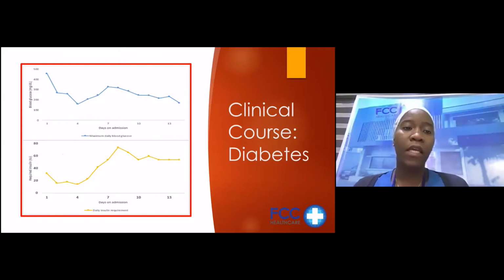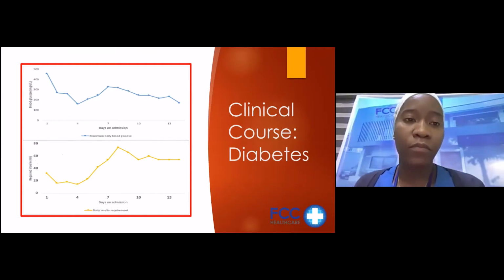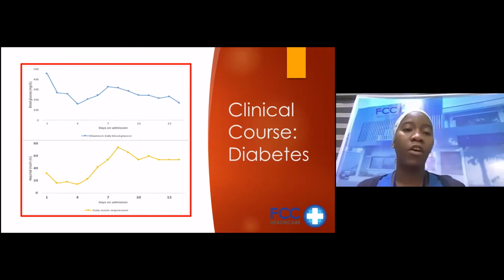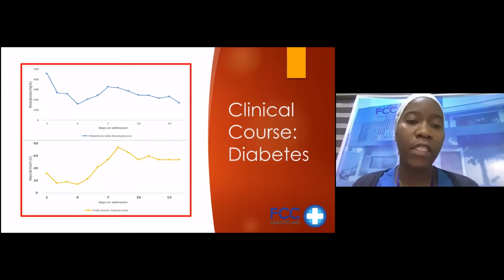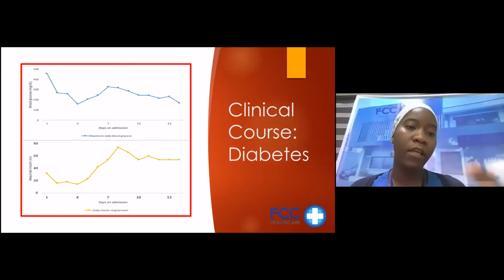Now, this slide just gives us a summary of the clinical course of the glycemic status of this patient. As I said earlier, the diagnosis of diabetes was a new one for him. From the first day, the first graph just shows the maximum daily blood glucose levels that we got. And then the other graph shows us the required insulin as the days progressed. We'll see that it did get better, but really never went